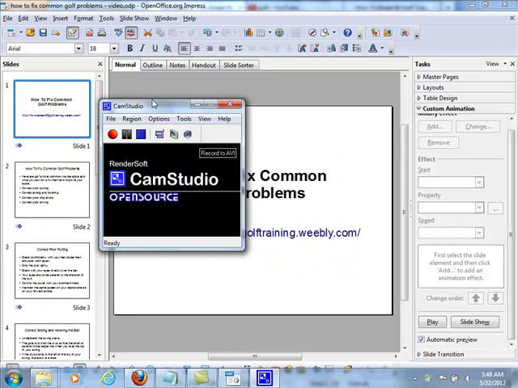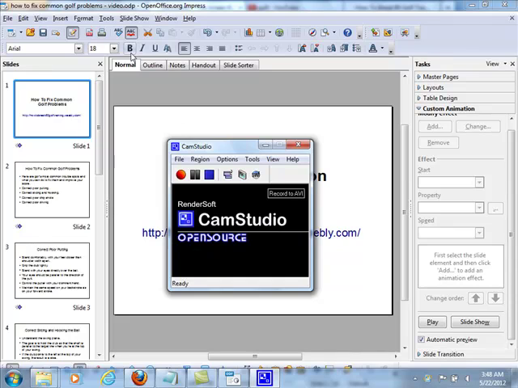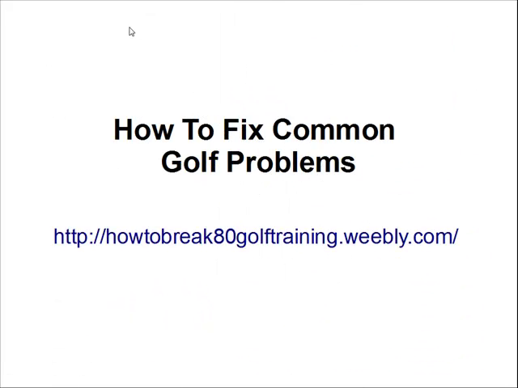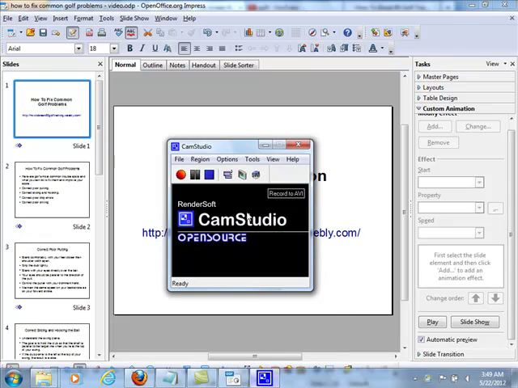Okay, so now it's time to go ahead and record. So we're just going to open up Cam Studio. You can access it from your Start menu in Windows. Just look for Cam Studio, and when you open it, it's going to look like this. So you just want to kind of keep the box open here, and you want to keep it over your PowerPoint or your Open Office, depending on what you're using. So what you're going to do is start your slideshow, and you don't need to worry about the opening introduction here. So what we want to do here is get Cam Studio there, ready to go,